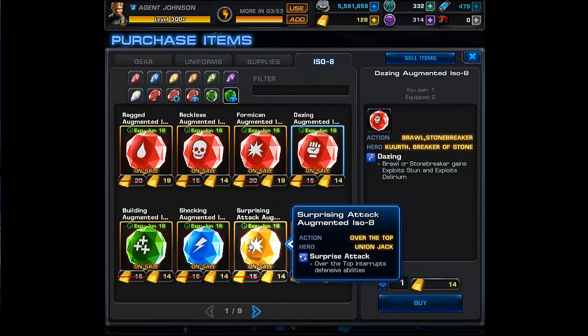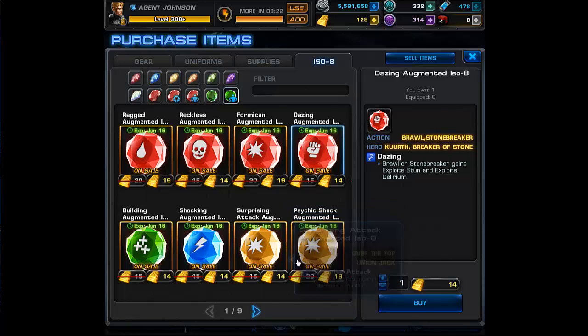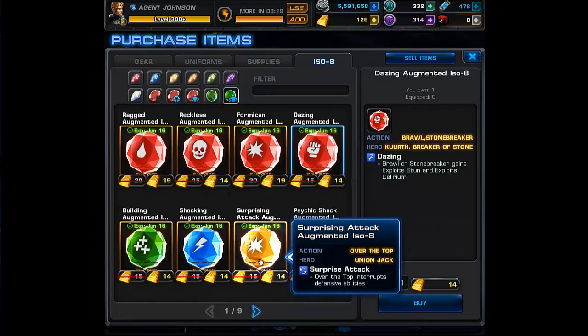Over the Top, Union Jack. Over the Top interrupts defensive abilities. I think Union Jack has proved that he could be very, very good with the new Bounding ISO, and this, I think, just further helps him. I don't remember all the rest of the abilities as to what Over the Top is in terms of, like, I think it's slashing melee. This one, I think, is worth it, especially if you're enjoying Union Jack. I would maybe hold off on it until you get his Bounding,